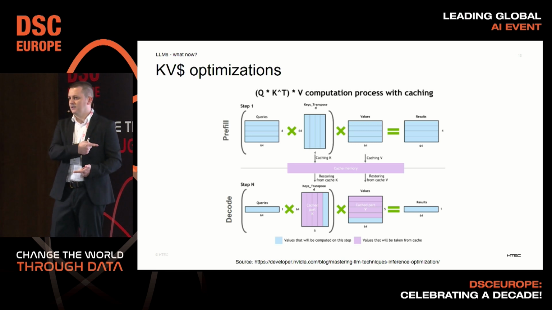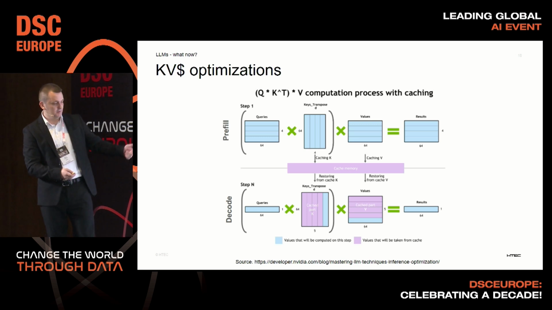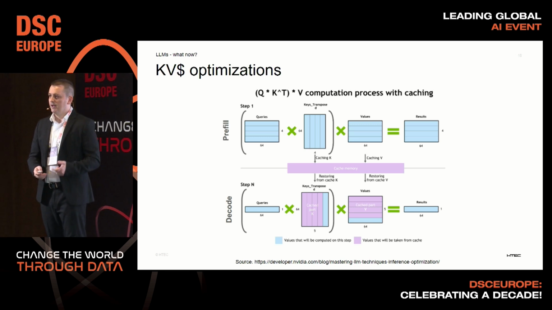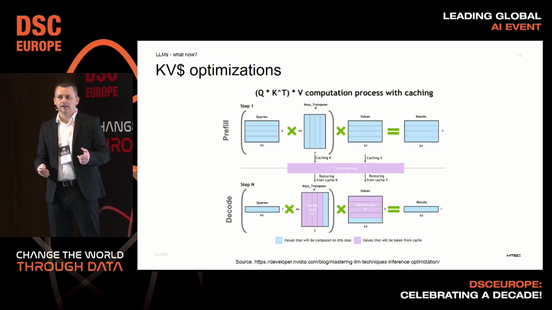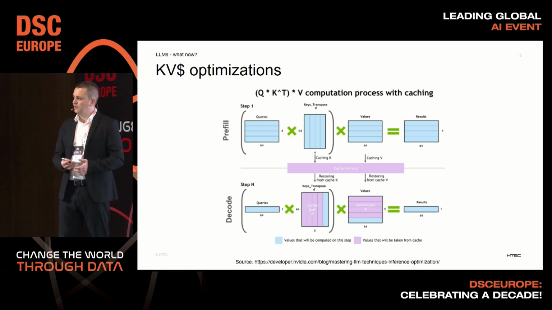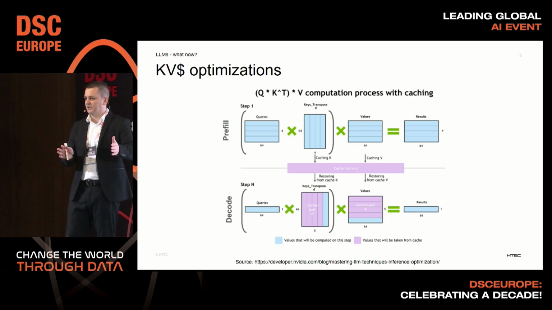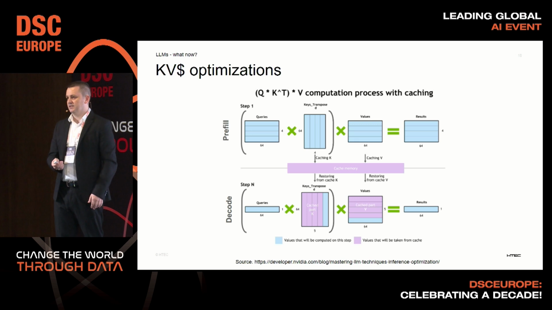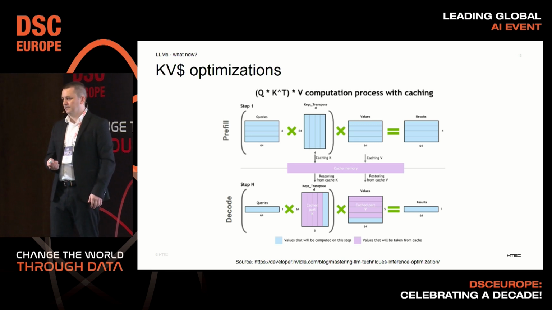Another thing is that if you want to have good performance, you need to cache values, and also you need to find some optimal value. For this KV cache part, there are different techniques for how to do that. Sliding window is one idea: I don't need to cache everything, just some of the values. That is present in some of the Mistral models.